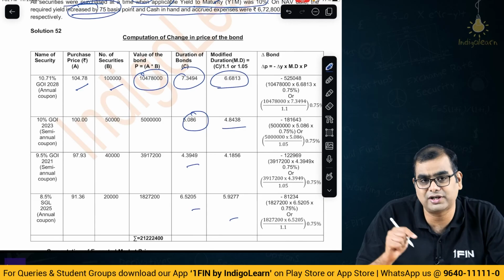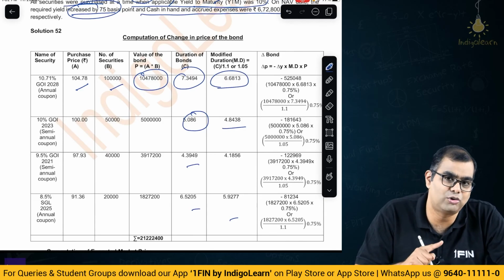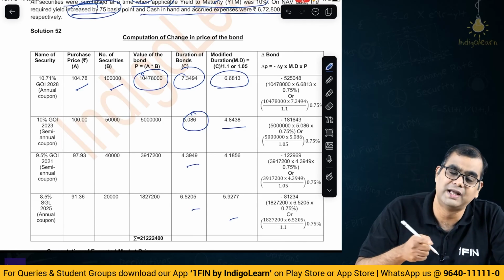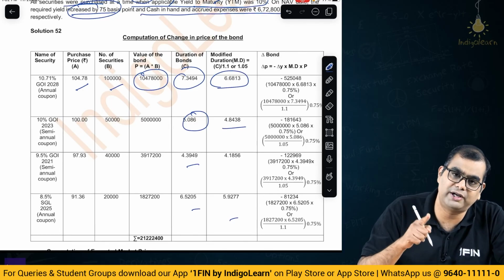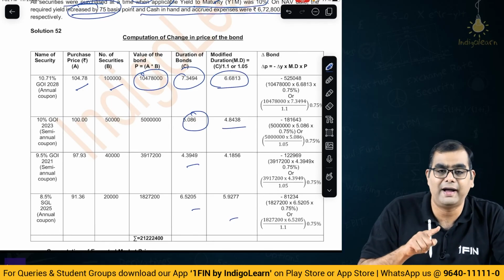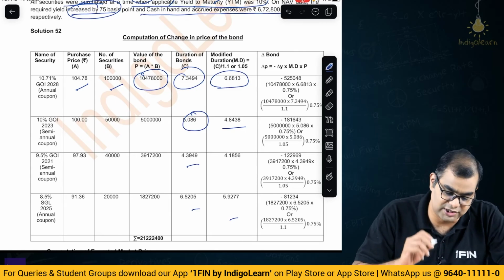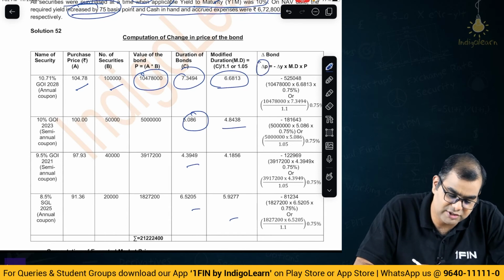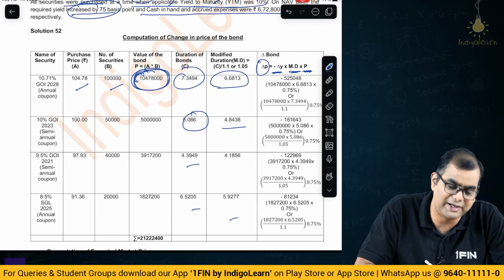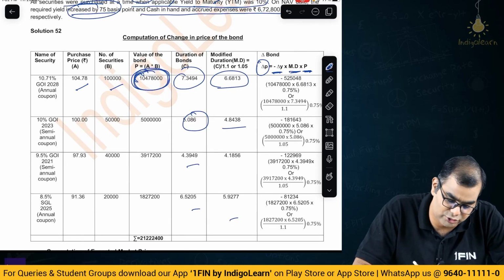You compute modified duration under new yield or under the new YTM or old YTM? You compute under old YTM, because you compute duration in Macaulay and modified duration when you make a purchase. After that, when the interest rate changes, then you use the duration to compute the value of the change in price because of the change in interest. Once you've got this, change in price is how much? Minus change in yield, which is minus your 75 basis points into modified duration into the price. So you can directly, instead of multiplying with the price, you can multiply directly with the value of the investment itself. So what you do is